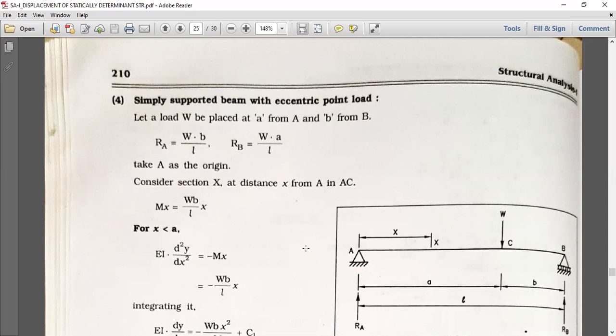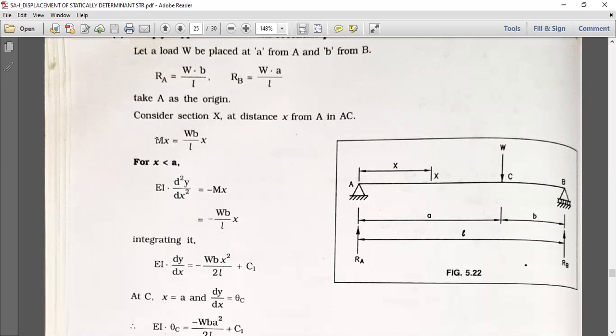Take A as the origin. Consider section X at a distance X from A in AC. Mx is equal to WB by L into X. For X less than A, EI into d square y upon dx square is equal to minus Mx. But we know from the